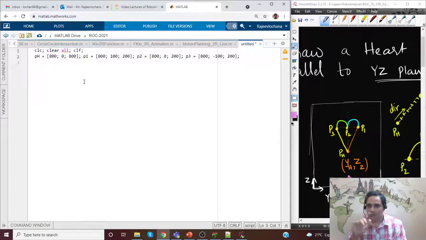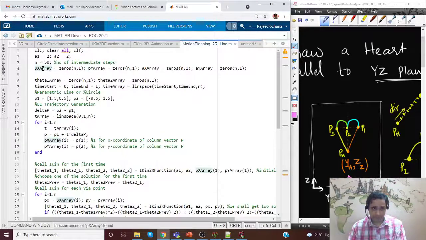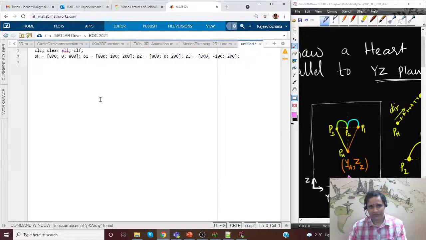Now we need to have a variable which will save these data points as we proceed ahead. One way, in the videos I have created, is px array as zeros. Even otherwise also we can do. So let me just try to have a dynamically allotted array. Okay, so right now we'll not worry about it.